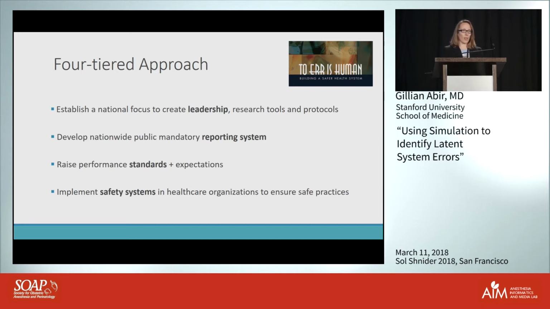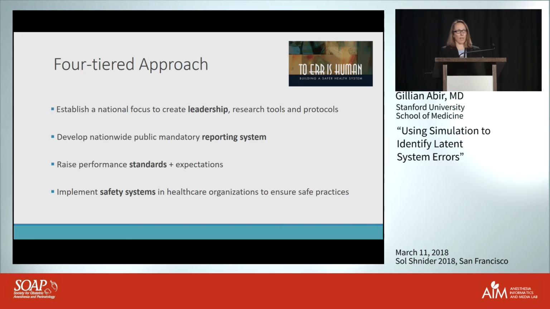So the AHRQ, which Neola does some research for, was established, and one of their main focuses is to prevent medical harm. They also mentioned developing a nationwide public mandatory reporting system when there's a patient death or permanent injury or harm. And they recommended having voluntary institution-wide reporting systems to report near misses or minor injuries to patients. And they suggested having standards of care, and not just having standards of care, but